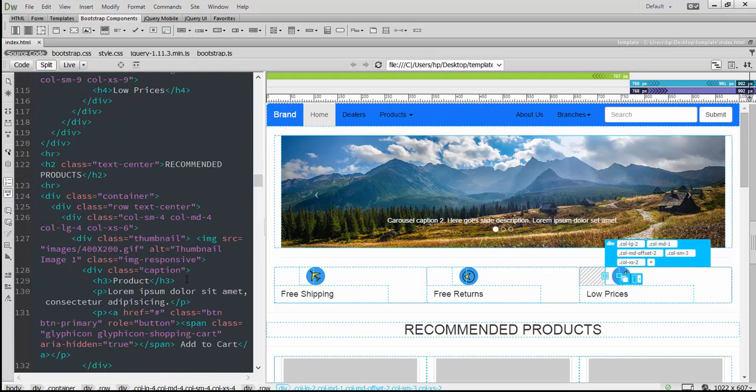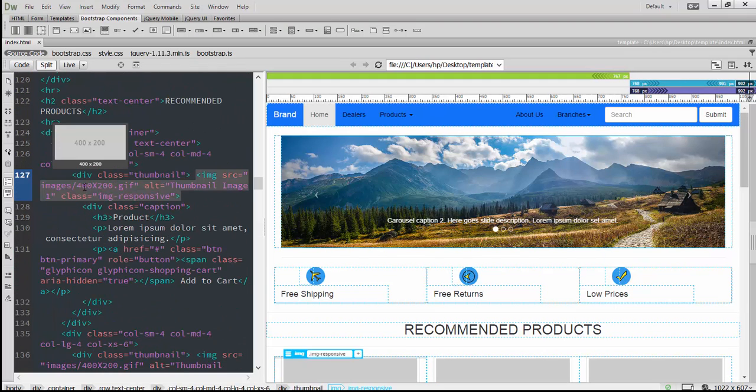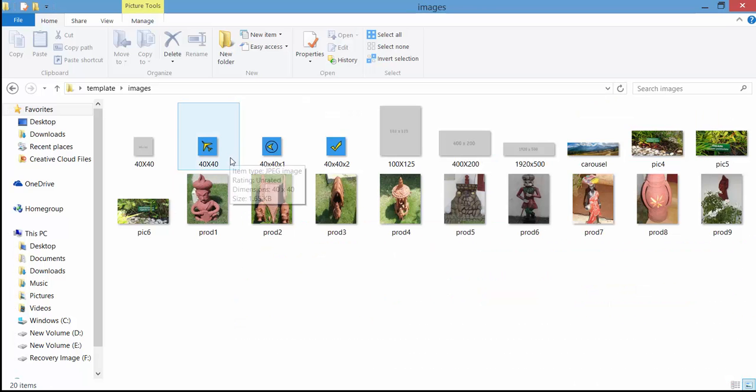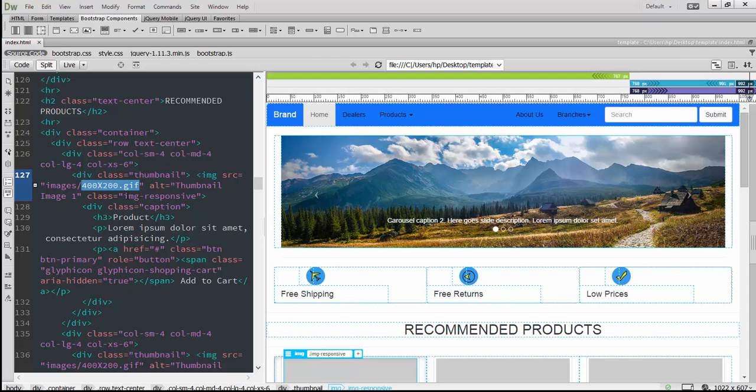Now those images, as you can see, are 400 by 200 GIF. Now if you come to my images folder, these are the images which are 400 by 200. These are JPEG images, pic 4, pic 5 and pic 6. So these 3 images we are going to replace here. Let's say pic4.jpg,